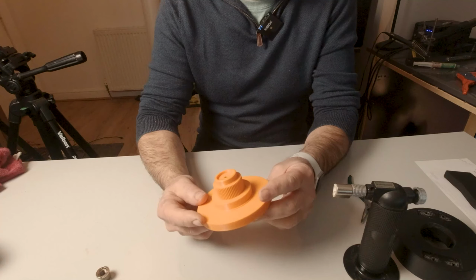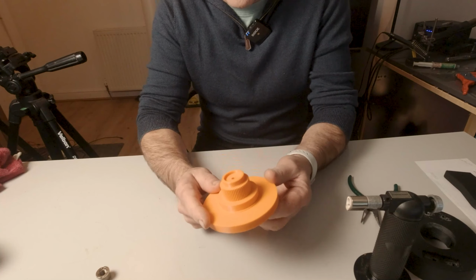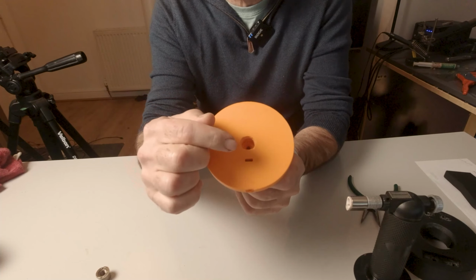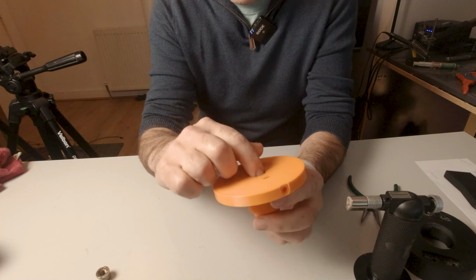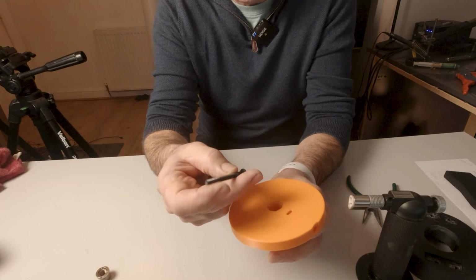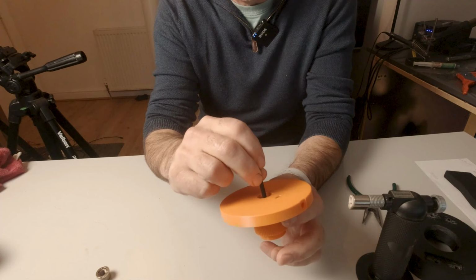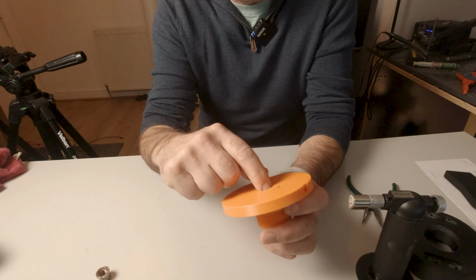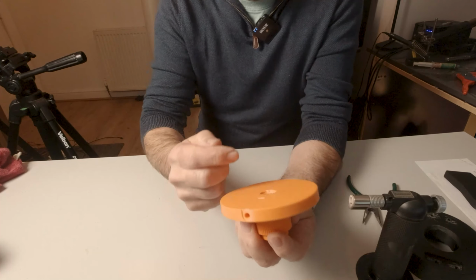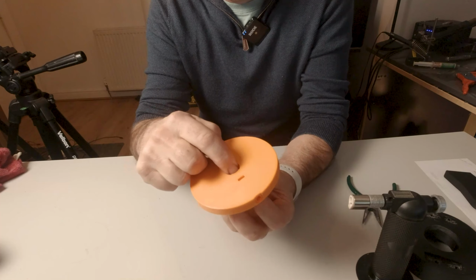So this is part number 16100, and it's the base of our fulcrum, the part that actually attaches to the tripod. If we turn it over, we can see that there's a hole here. That hole is for an M5 low profile bolt, which works as an axle and drops down through that hole like that. You'll notice this hole will probably have support material in it because you'll have printed it like that. Make sure you dig out all the support material that should be in that hole,